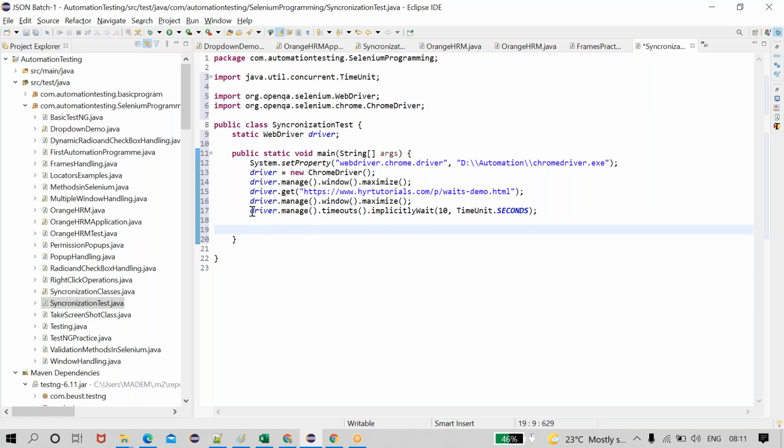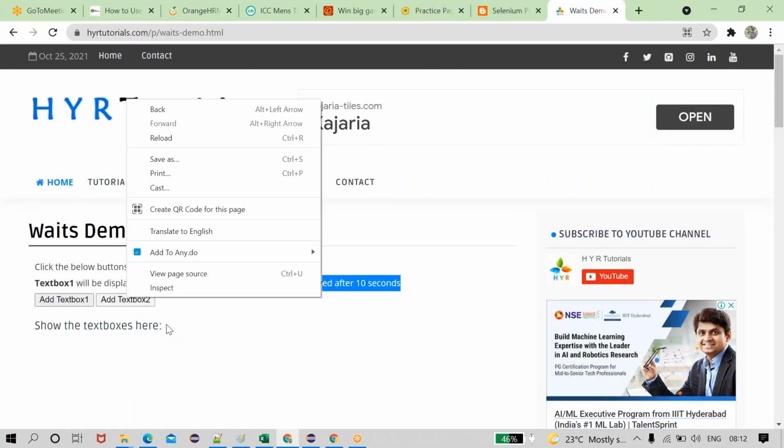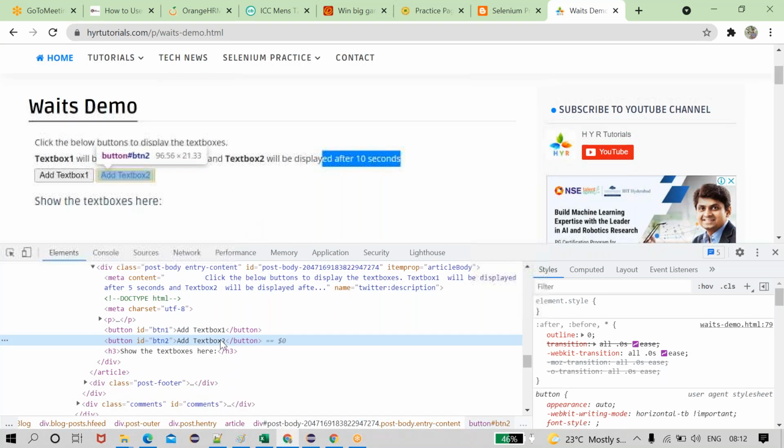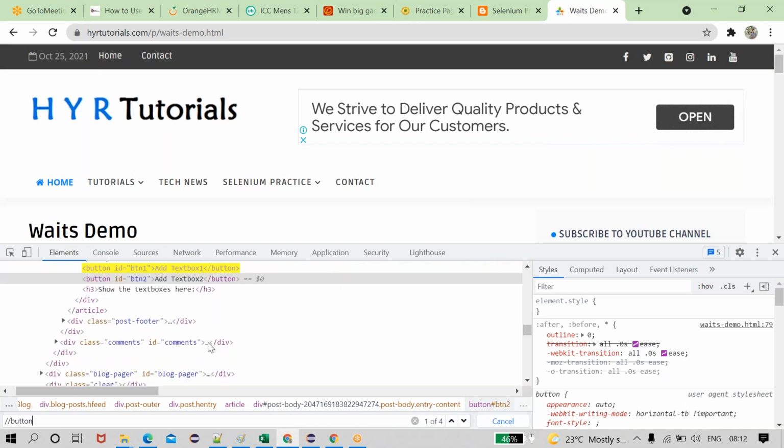Now, without implicit wait, I'm going to handle this with the help of explicit wait. See how I'm going to find the location of this button. See very carefully, guys, very important thing. I'm taking the button XPath with two forward slashes, button, contains the name explicit wait button.